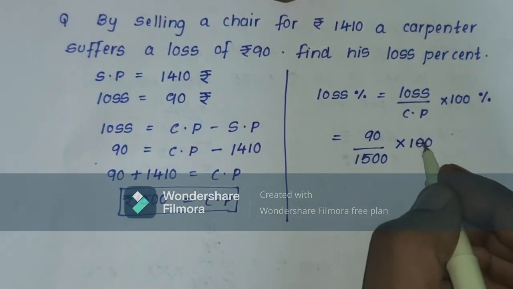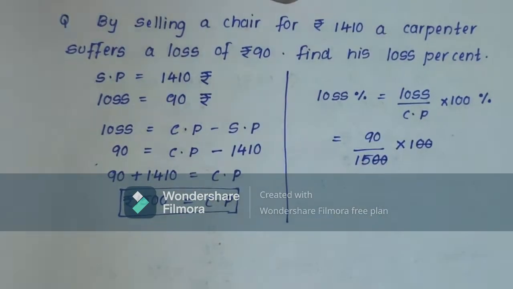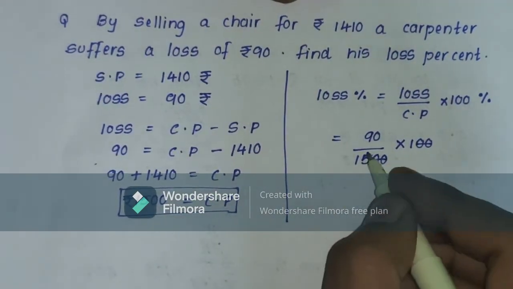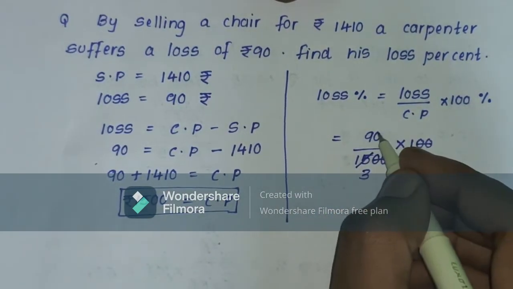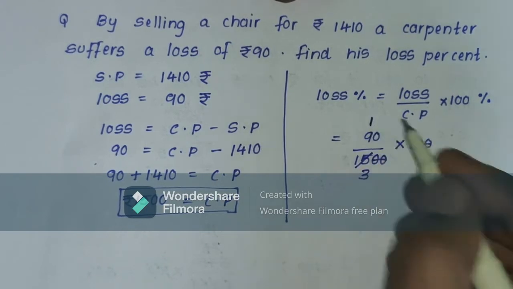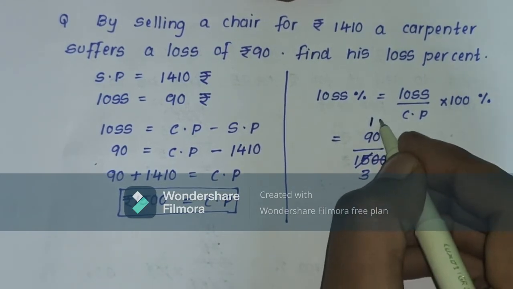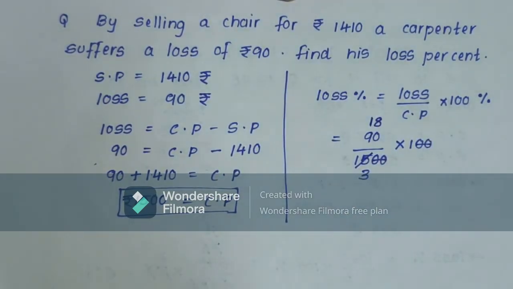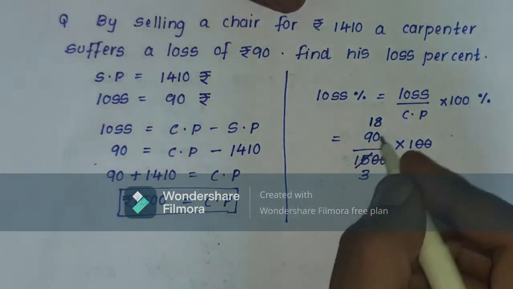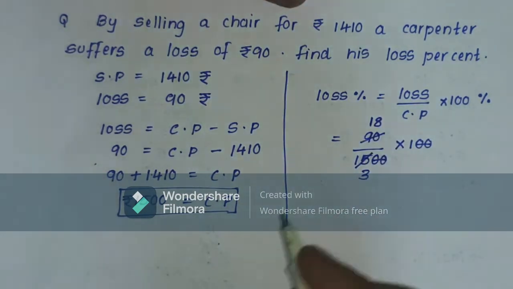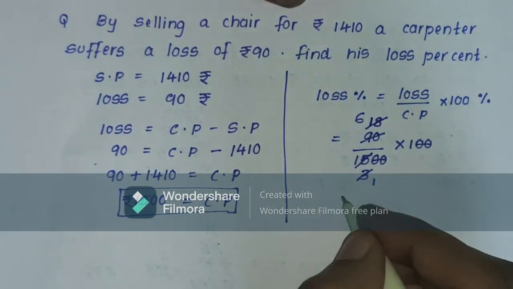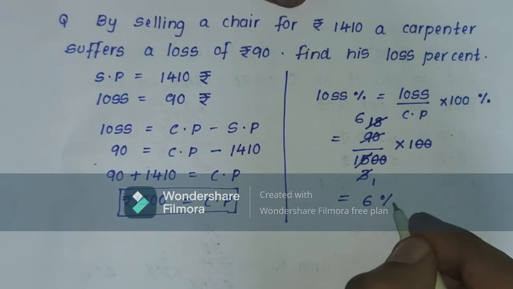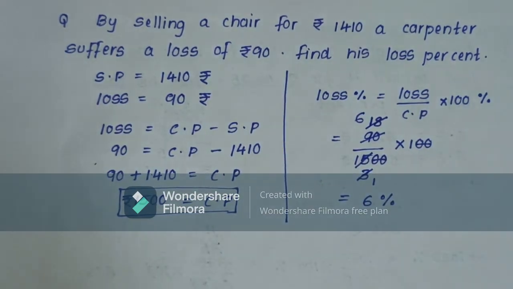Okay, 20 cancels in the numerator and 20 in the denominator, student. And you know very well, 5 3s are 15, whereas this 5 goes one time, but 40. So 5 8s are 40. So this is how we can cancel 90 also. Now 3 ones are 3, 3 6s are 18. That means 6% is the loss percentage. This is how we are going to solve this question.